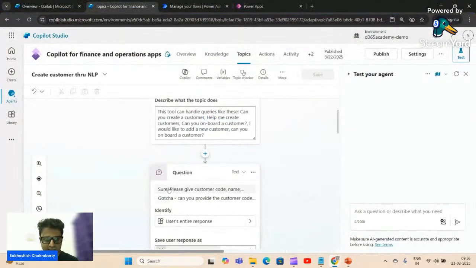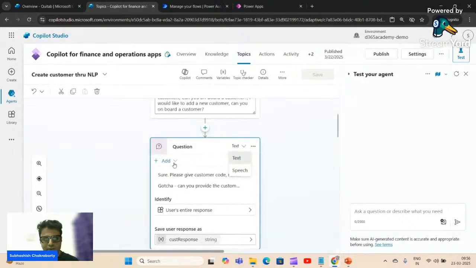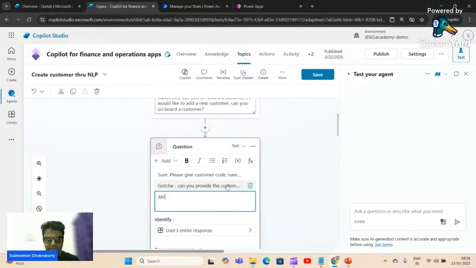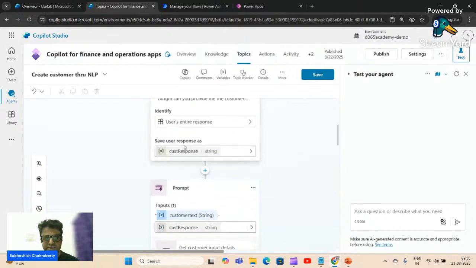So this part is here. Whenever it confronts any input like this, either you should get a prompt like sure, please provide me the customer name, code, all these things, or it should say gotcha, can you provide like this. So you can keep adding new responses, like add message variation. All right, can you provide me the customer details. You can keep adding message variations like this,